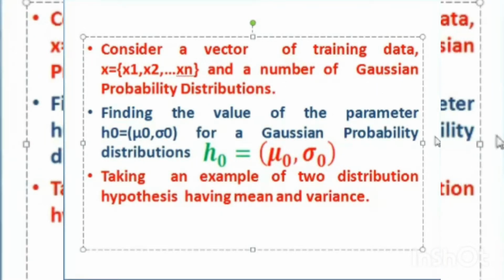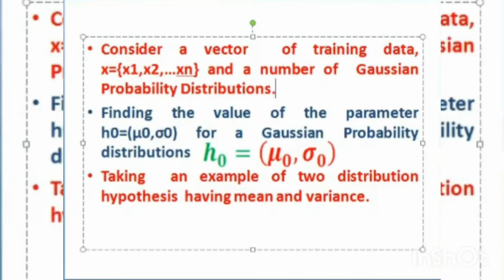Okay, and to find, initially we start with H0. Initial parameter should be known, no? So H0 is taken with mu and sigma. Sigma indicates variance, mu means mean. Mean means what? Average. Average value is taken, and variance means what? That squared value will be taken. Variance means the variation, the difference squared will be taken as variance.